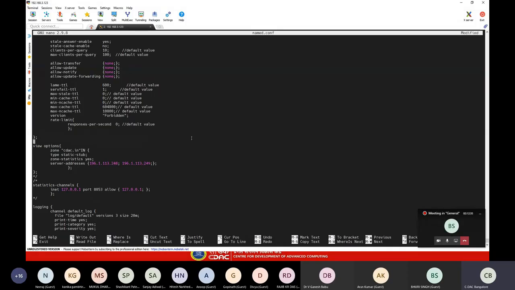So the zone statistics option, which we discussed in the presentation, is to enable logging related to a zone which is specified in our configuration file. So here we have specified a zone CDAC.in, right? CDAC.in is the zone which we have specified, and we have provided the name server address of CDAC.in here itself. So the CDAC.in can be straight away resolved at our recursive resolver itself without navigating through